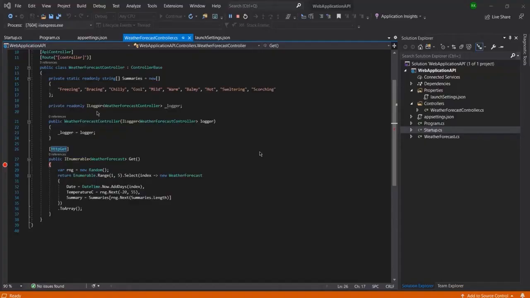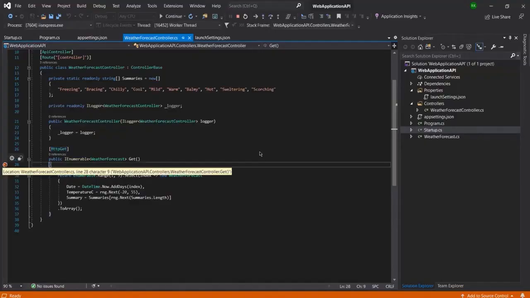Let me refresh this page. Here you can see we got a hit at the breakpoint. Let me navigate one by one by stepping over, pressing F10.